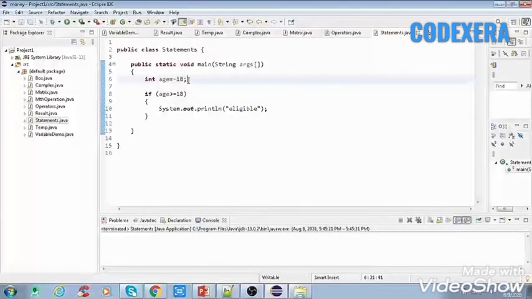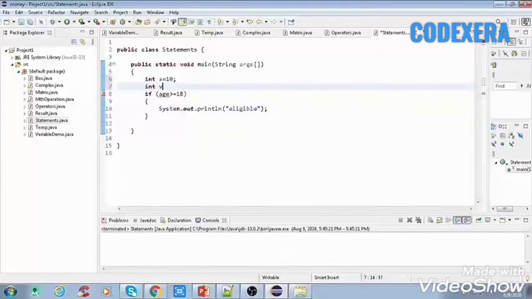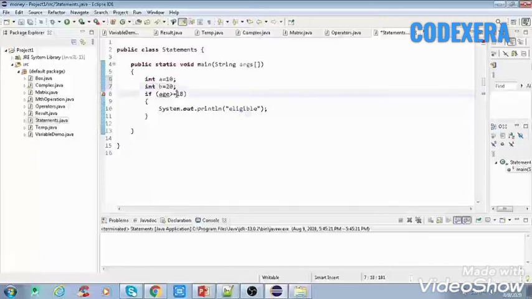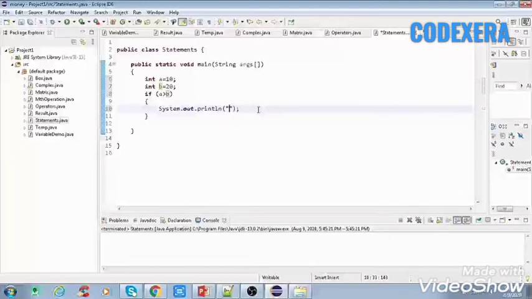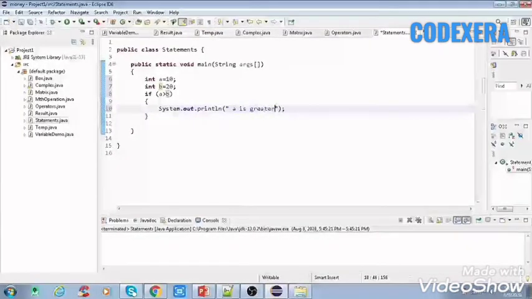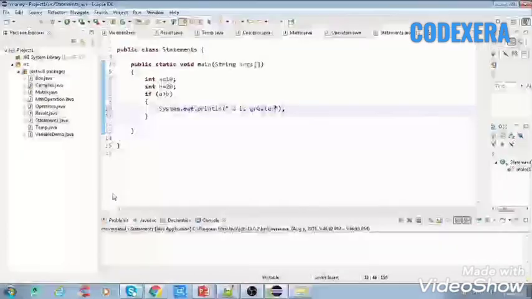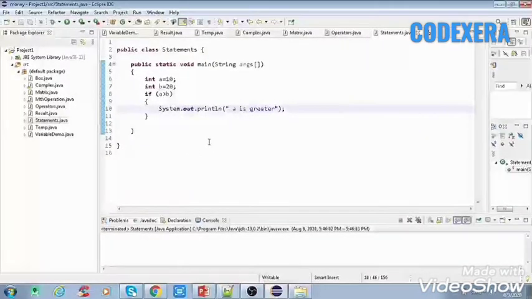Here we can also make one more condition: int a is equal to 10, int b is equal to 20. Now by using the if statement, we can check which one is greater. So if a is greater than b, then it will print a is greater. Now we'll run this and see. Here it is not printing anything,